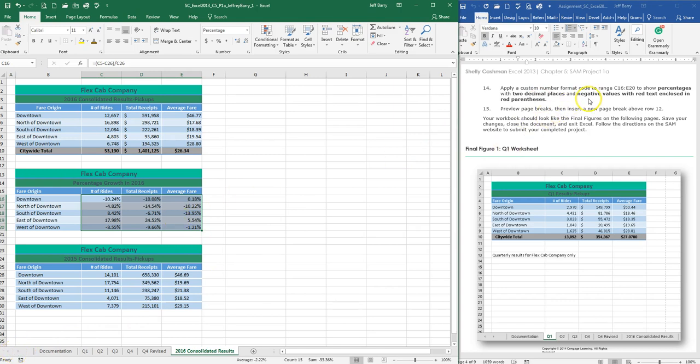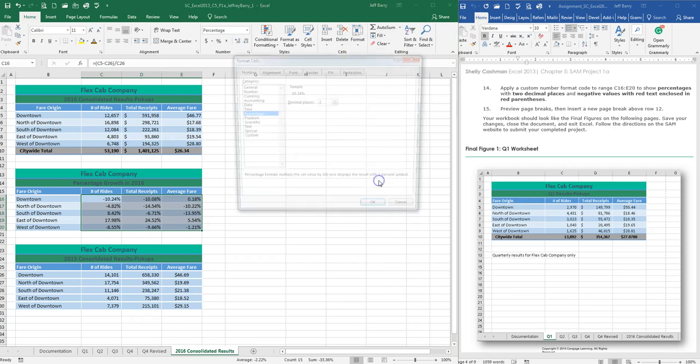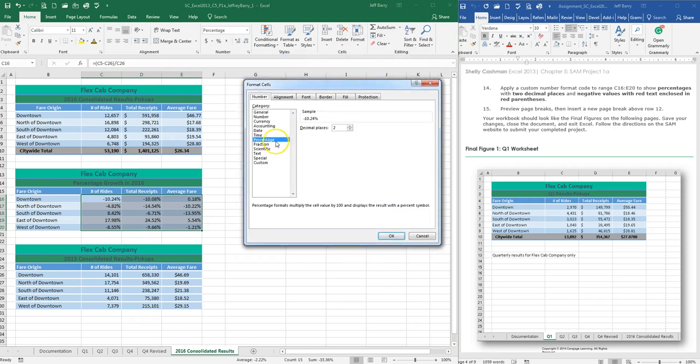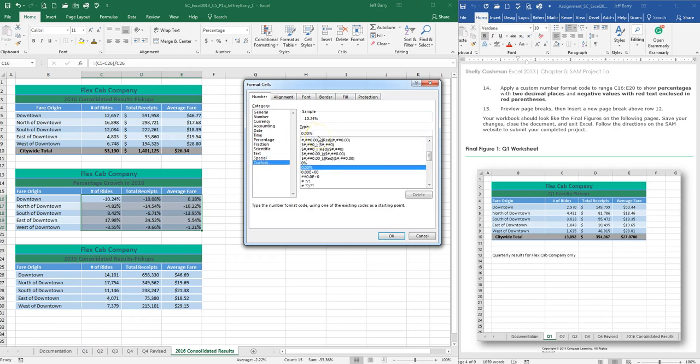So in order to make negative values red text enclosed in red parentheses, we need to edit our cells. All right, so we're going to format them actually. So we click on our Format Cells button, go down to Format Cells, and then we're going to click on Custom because it's telling us we're creating a custom number format, okay? And right up here in our 0.0%, which is what we want, we're changing a percentage because that's what it is, we need to enter the following, which is a semicolon, okay, followed by an open bracket,